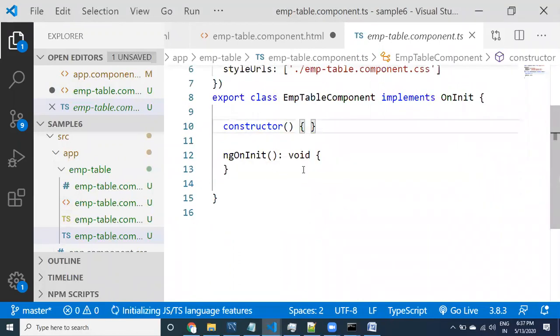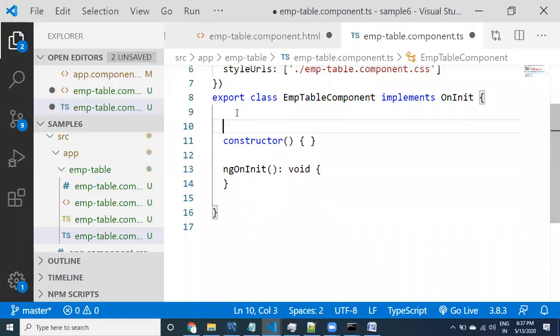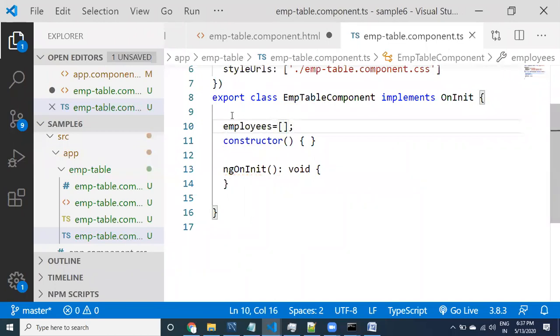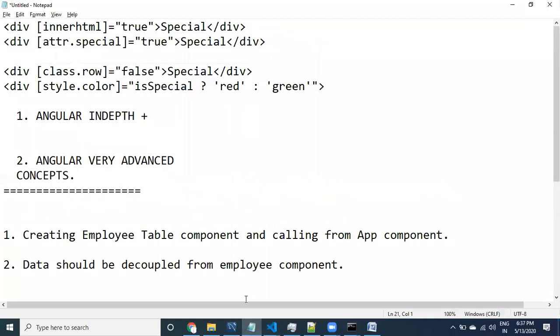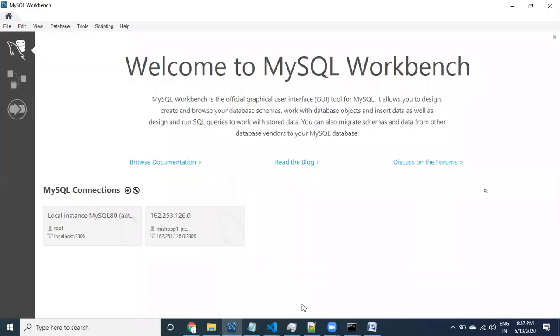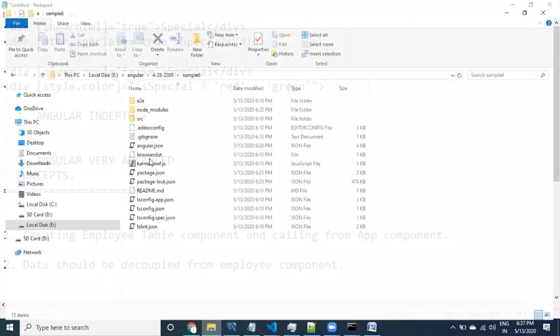You see here, this is the employee component class. Here in the employee component class, I want to take a property which contains an array of JSONs. I may call it employees, and then you can provide the employees data. I think I have provided a task for you, right? As part of the task, I have given you some employee JSON data, and I'm going to use that data. Okay, where is that data?